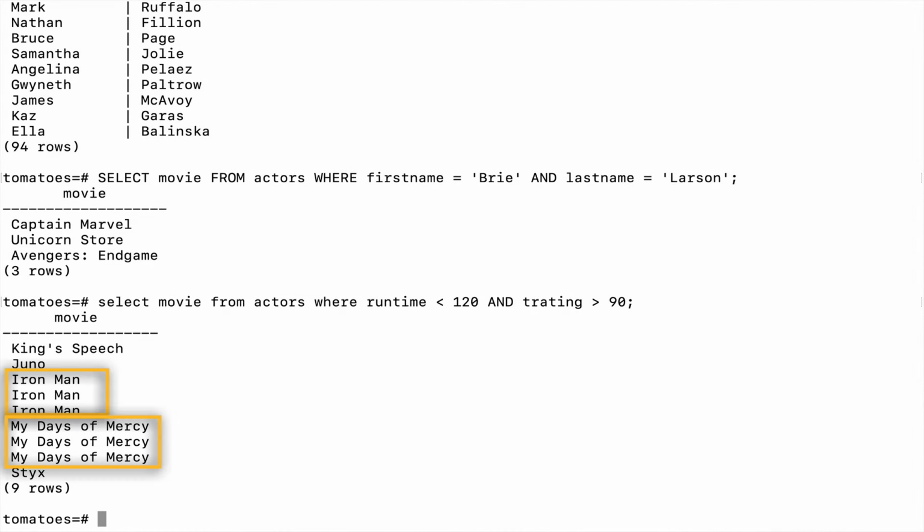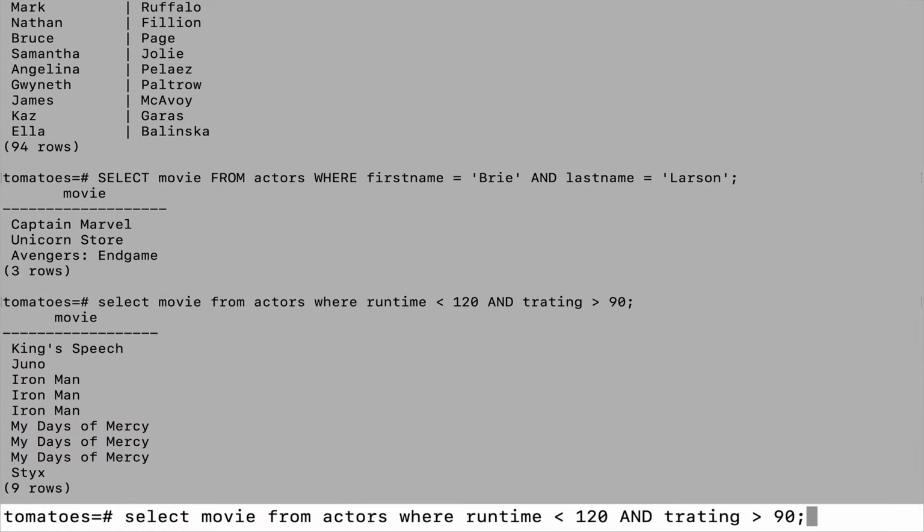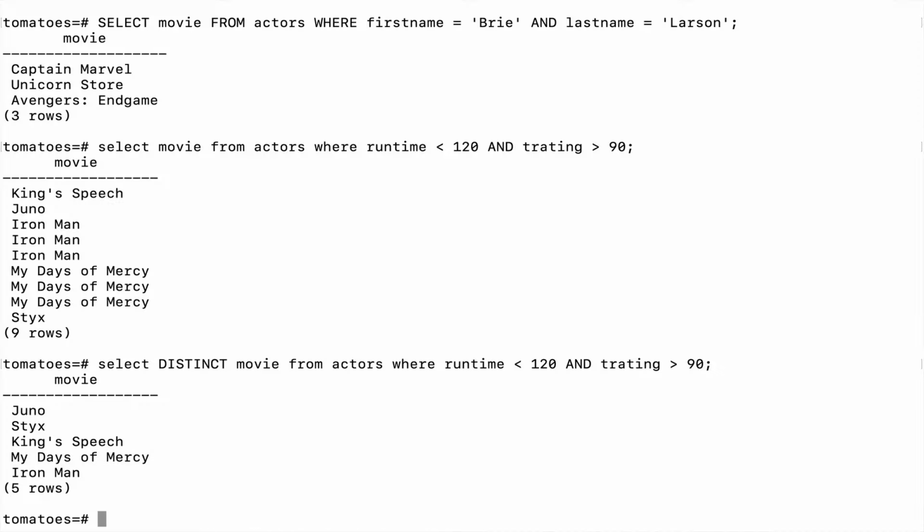So we see repeats. How do we get rid of those repeats? I'm just zipping along here. We put the word distinct in front of it. And there we get these: the movies that are under 120 minutes long and have a tomato rating of